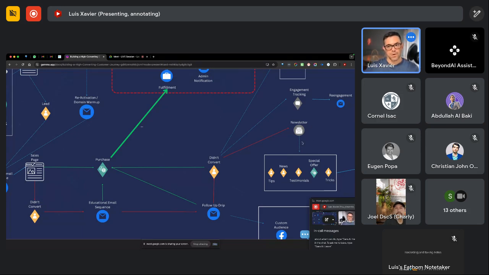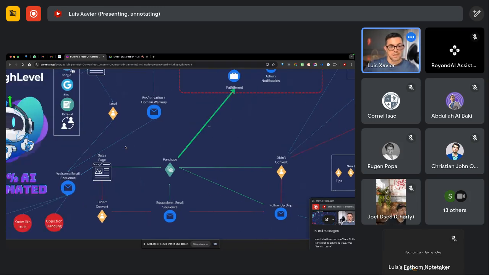And the newsletter will be that little reminder, hey, I'm still here. Whenever you need, you know how to find me, right? And you're going to continue to provide value. You're going to give them tips. You're going to tell them news about what you're doing, like people that you helped, new clients. You're going to share testimonials. This has been working for my clients. Check this out. And you might even have a special offer. You might show them some tricks, but the idea is that they will continue to read your emails. They will continue to engage, and when the time comes, they will buy from you.